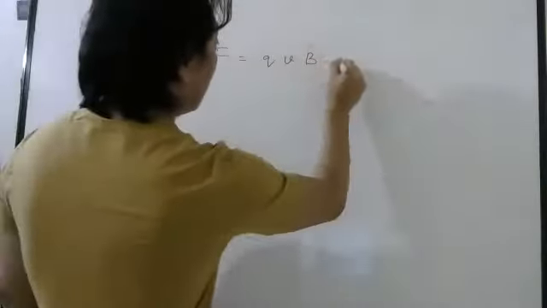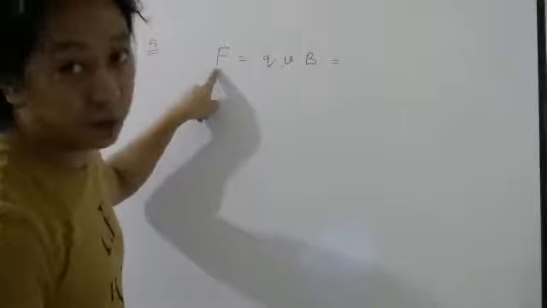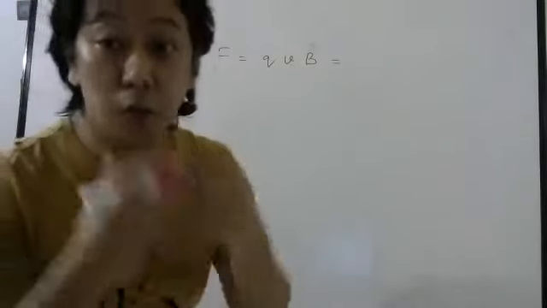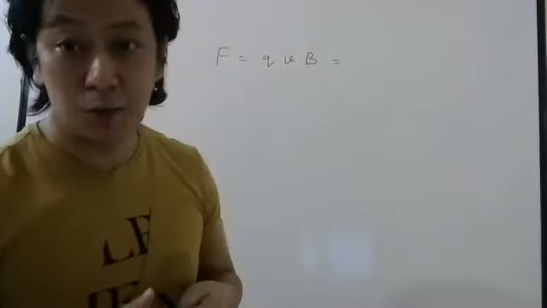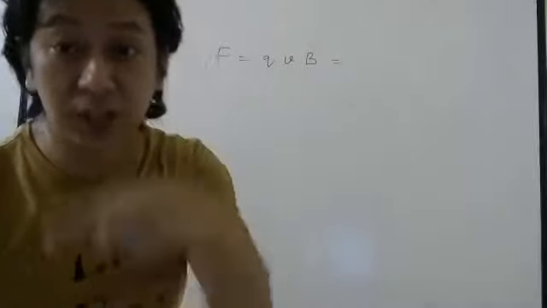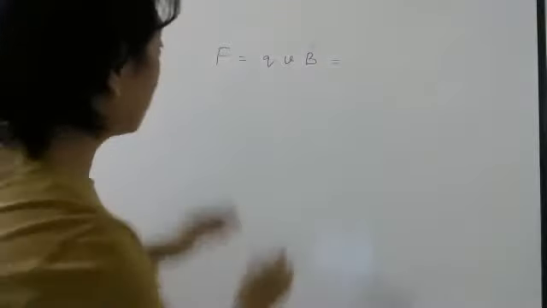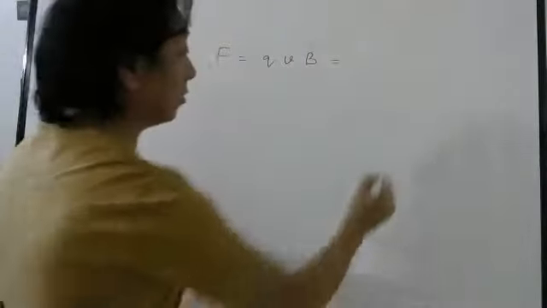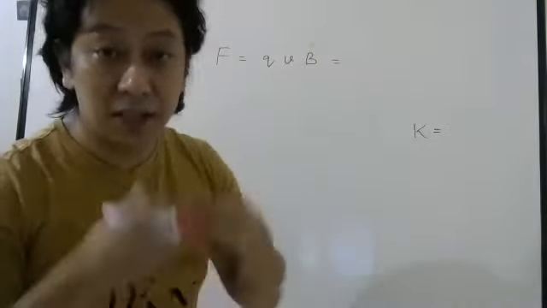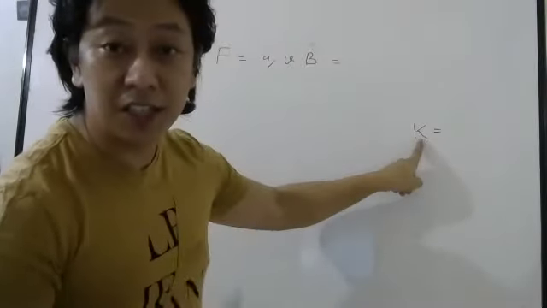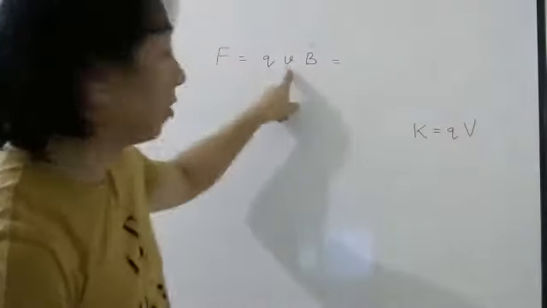Now, here they did not say velocity is doubled. If velocity is doubled, then yes, force will be doubled. But here they told voltage. Which voltage? That voltage which is going to accelerate the charge, which is going to give it kinetic energy. That voltage is doubled, they told. It was capital V, now it is 2 capital V. So let us write this formula in terms of voltage. How we can do? Just now I told, when you apply potential difference to a charge, the charge will accelerate. So kinetic energy gained will be Q into V, capital V. Okay, don't confuse with capital V and small v.